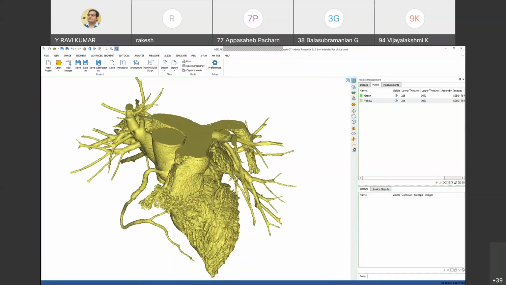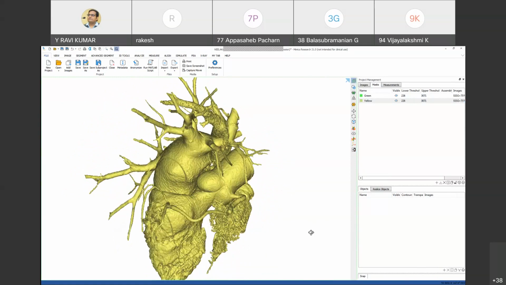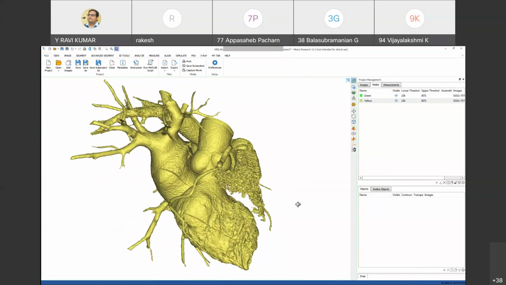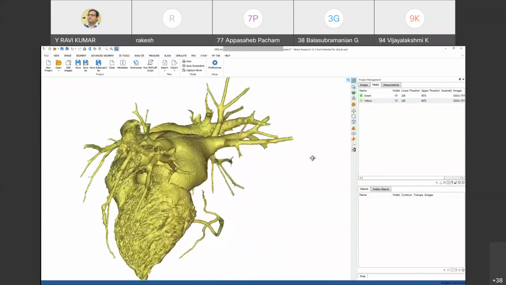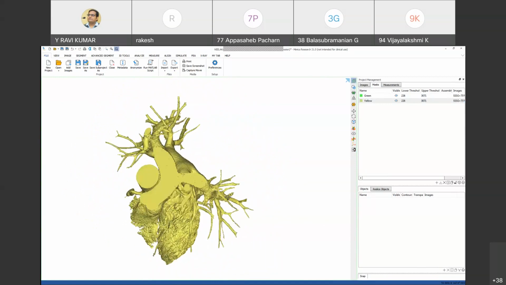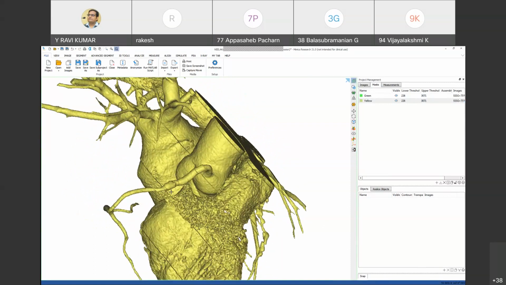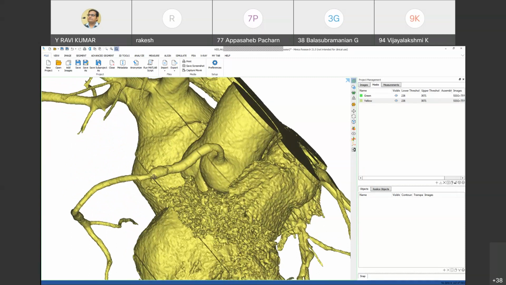So he asked the radiologist to generate this MRI data. He took his MRI data and came to us, and then we modeled his heart. And then he checked his stent. So this is one stent.